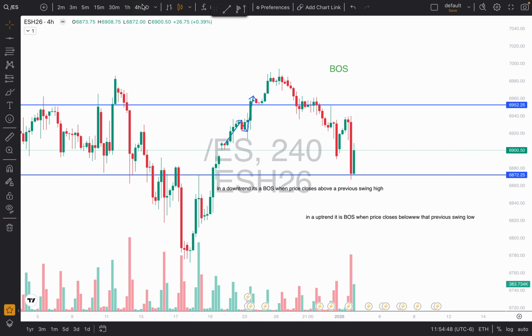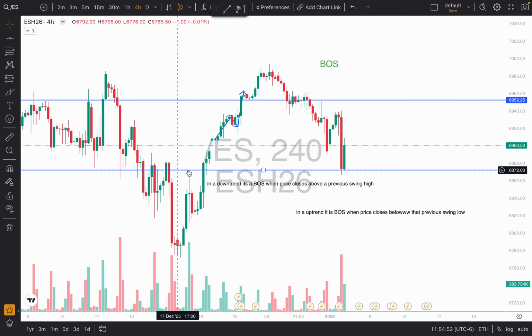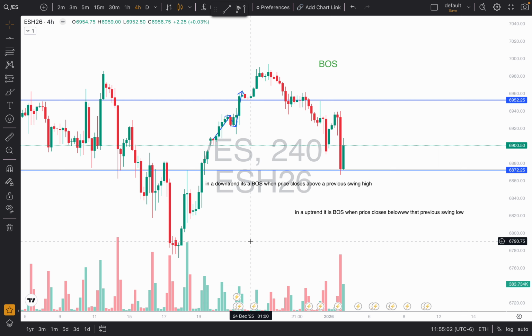Mind you, we are on the high time frame, which is the 4-hour time frame. So when price breaks these levels, it's almost guaranteed that price is going to continue in the way it's saying it's going to go when it breaks above these levels, right? But yeah,